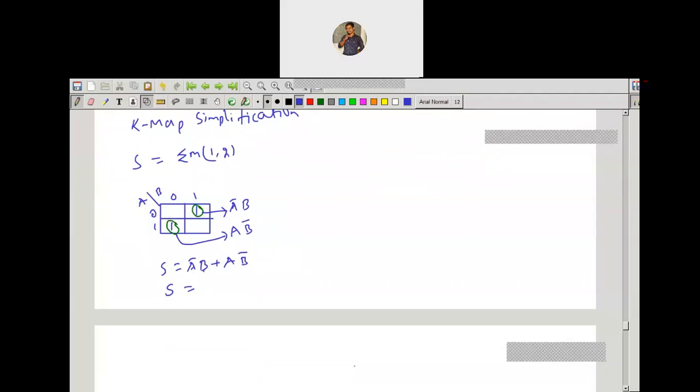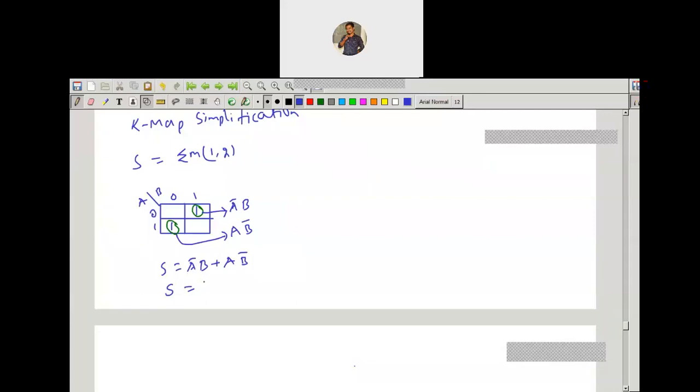Can anybody tell me which type of logic gate it is? I told you about two other gates, the exclusive OR gate and the XNOR gate. Which one will represent the Boolean expression A bar B plus A B bar? XOR or XNOR?